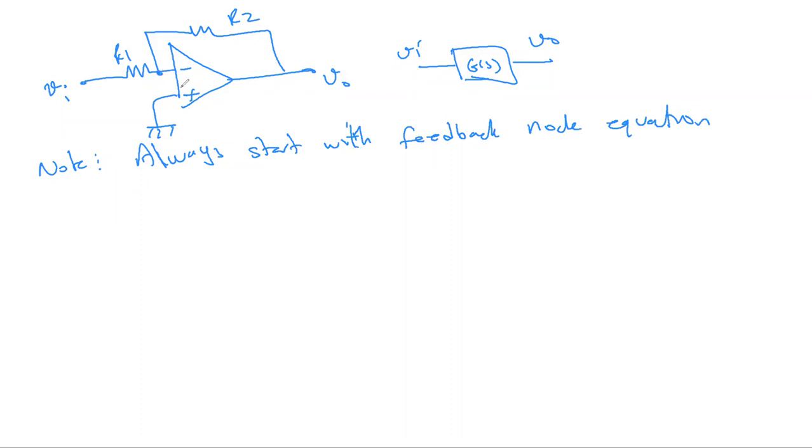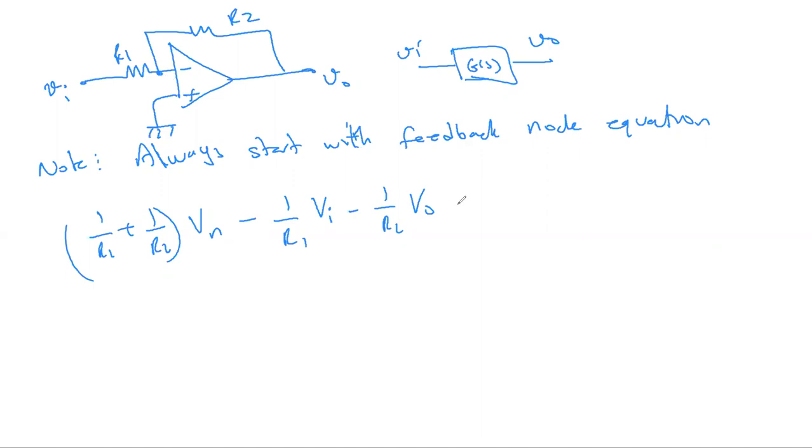I'm going to write the node equation for this node. Sum of all the elements attached to this node, admittances: 1 over R1 plus 1 over R2 times V negative terminal, minus, between this node and every other node, if there is any connection, we write this down as 1 over R1 Vi minus 1 over R2 V0 equals,